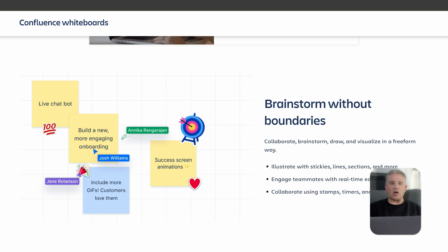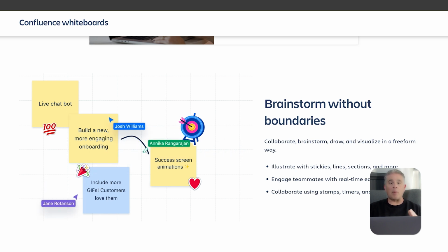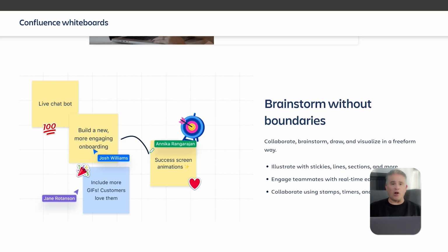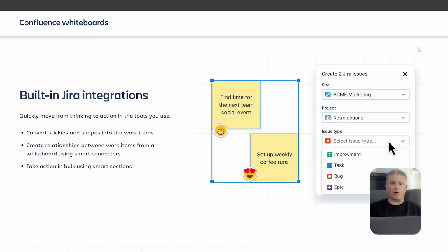Confluence Whiteboards has all the essential features you would expect from a modern whiteboard. You have digital sticky notes, different shapes and connectors for building diagrams and flowcharts, and drawing tools. You can also embed other types of content like images and links, but its real power comes from its connection